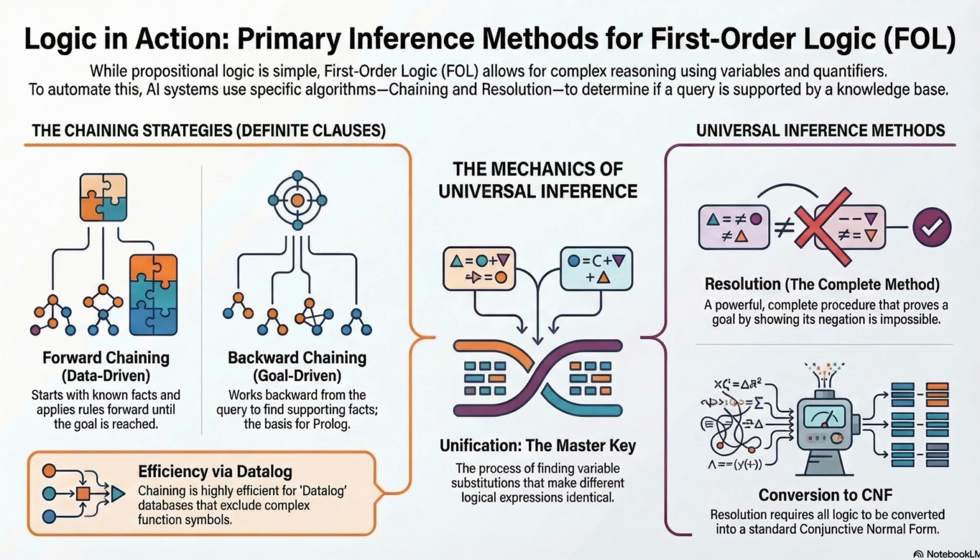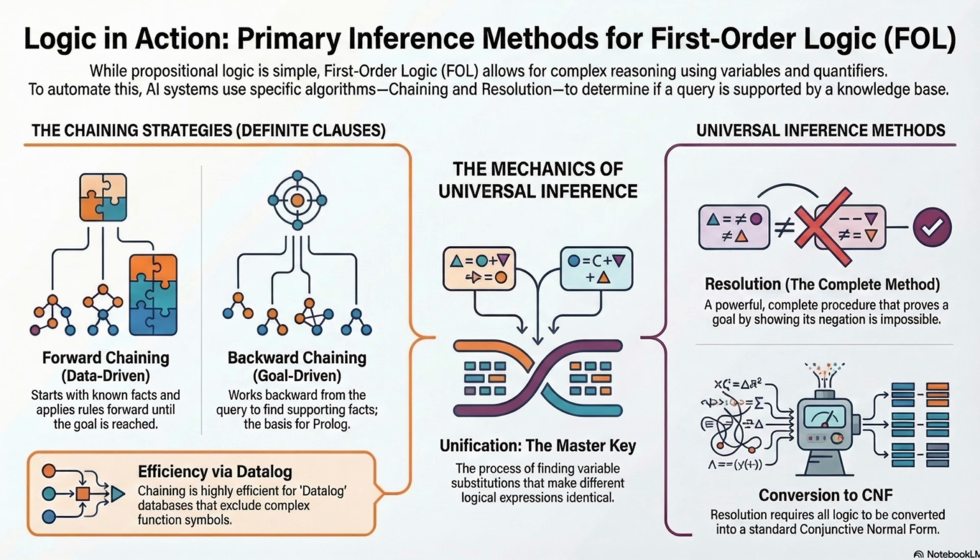It never stops. If you try to propositionalize everything, if you try to generate every possible specific fact, you end up with an infinite set of sentences. You literally cannot write them all down. Your computer memory fills up and the system crashes. So the brute force method isn't just slow, it's mathematically impossible if you have these recursive relationships.